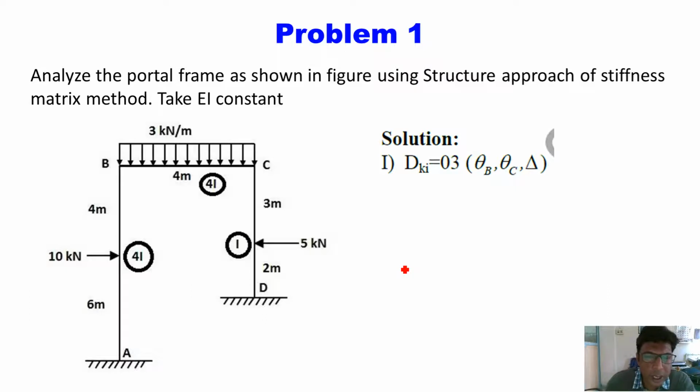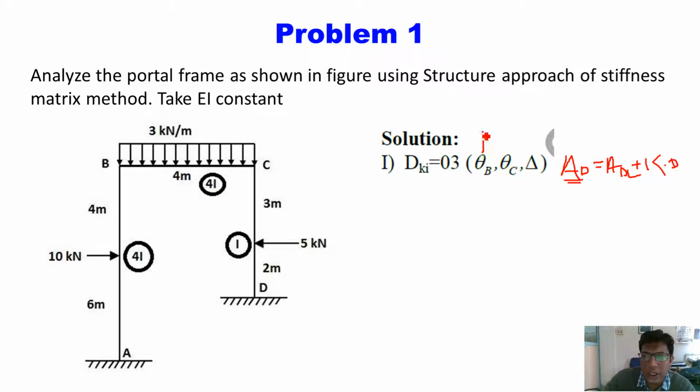Now the next step: we know that one by one we have to find out the stiffness matrices involved in the compatibility condition. The compatibility condition is AD equals ADL plus K into D. Already we have applied it for many beam problems. So AD equals ADL plus K into D. One by one we now have to find out all the matrices. The AD matrix, we know, is the action corresponding to unknown displacement in the original structure. So the AD matrix we will get from the original structure.